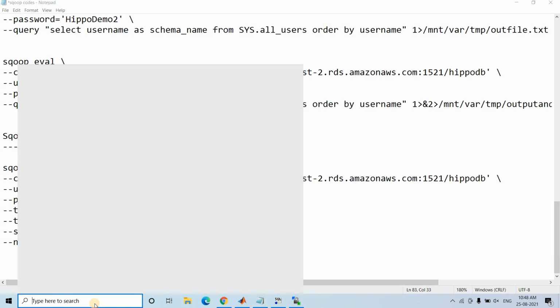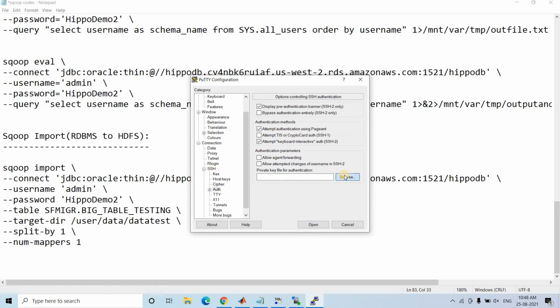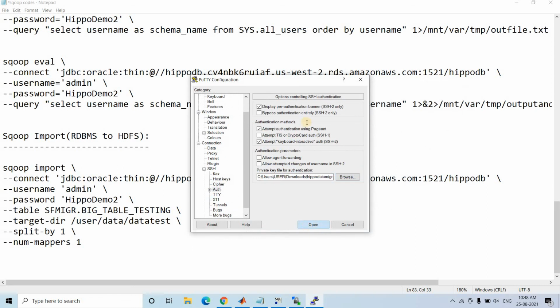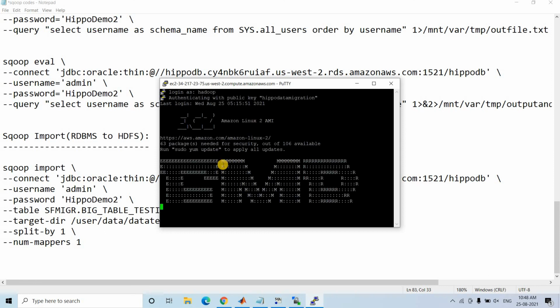I gave the wrong user ID, let me give it once more. Okay, so here I log in as hadoop, and it is done.